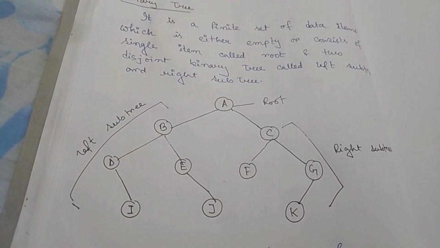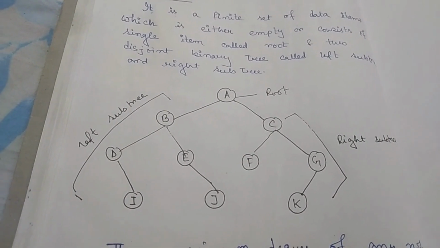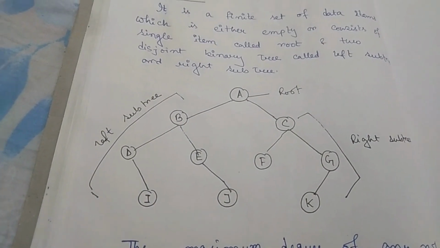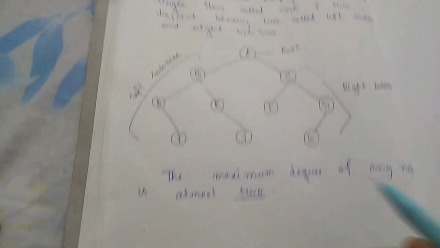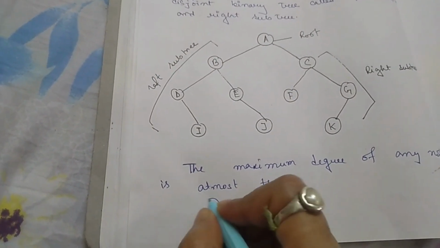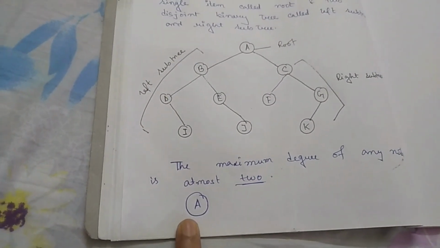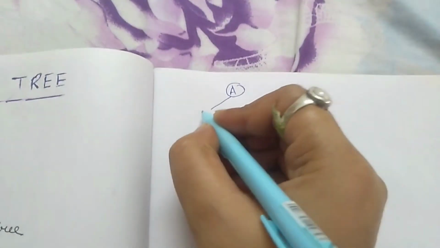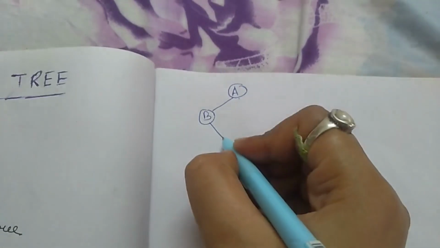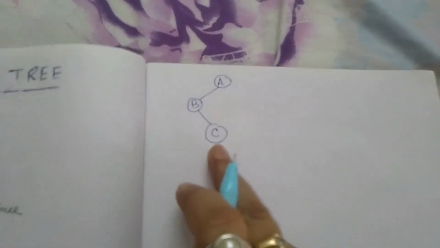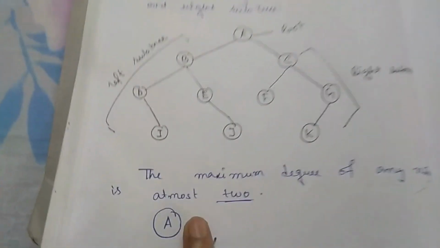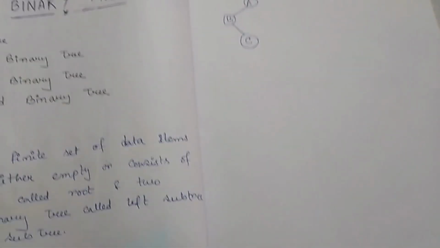Another important concept of this binary tree is the maximum degree of any node is at most 2. It means that it may be 0. For example, if we consider a single node, that is A, this is also a binary tree. Now, if we consider this, here the maximum degree of any node is 1 and here the maximum degree of a node is 0, and